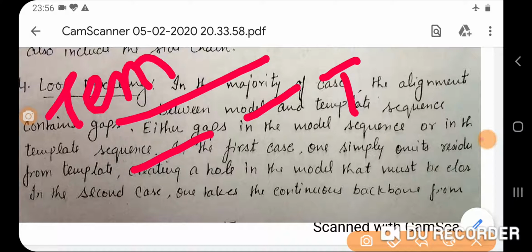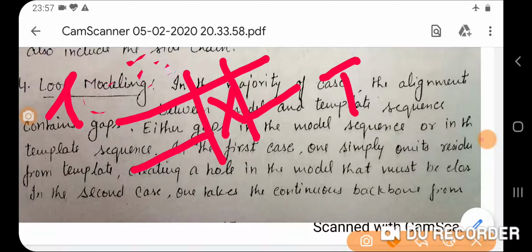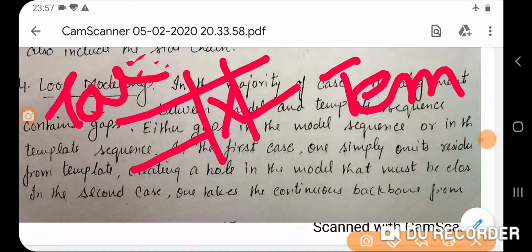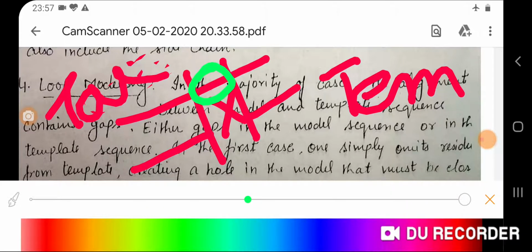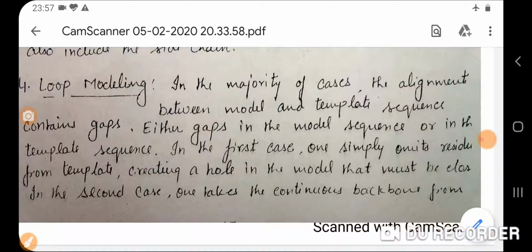Some regions could not be modeled because of the unavailability of the template, and this is the target. So the reason is in the template region there are some parts missing, so you cannot build this structure. So when the structure could not be built, you need to go for the process known as loop building.